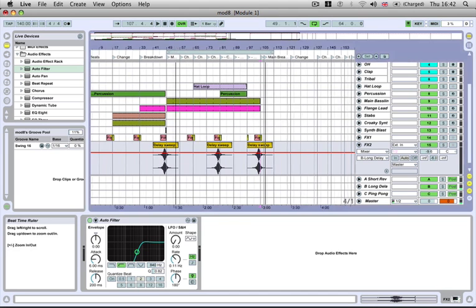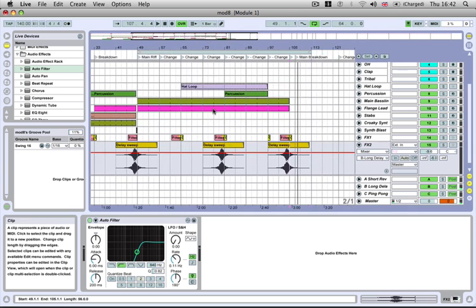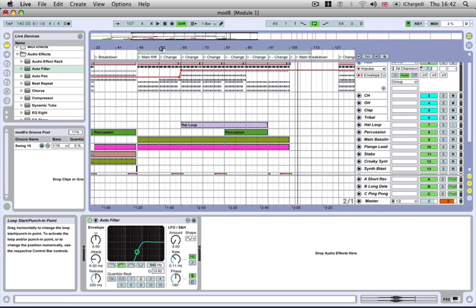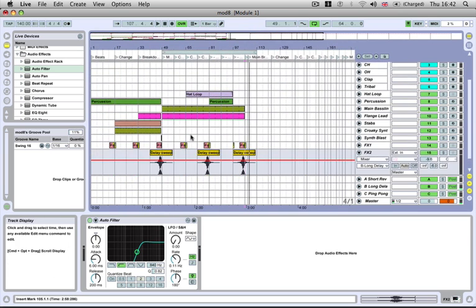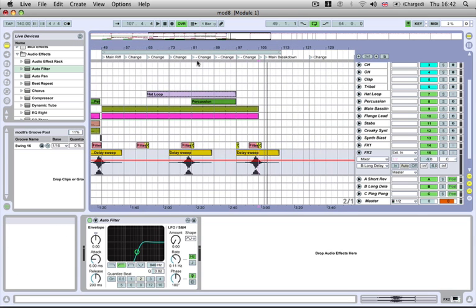Okay, so that's that part pretty much sequenced out. We're going to bring in a couple more patterns just to give a bit of variation. We'll bring the stabs back in again, and we're going to create like a synth, almost like a pad section to come in just at around about bar 81 or bar